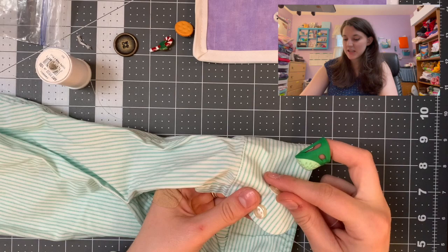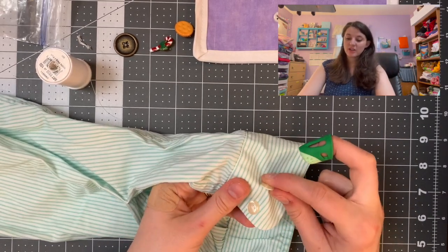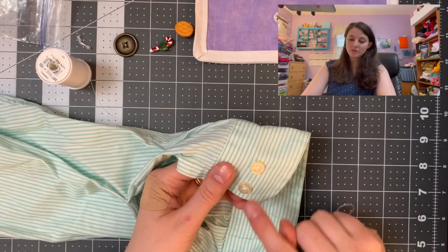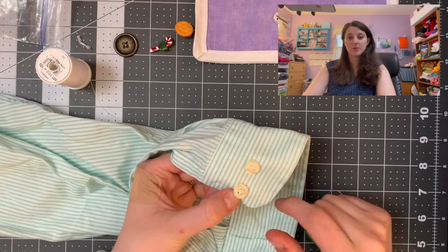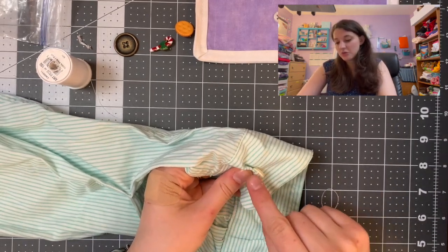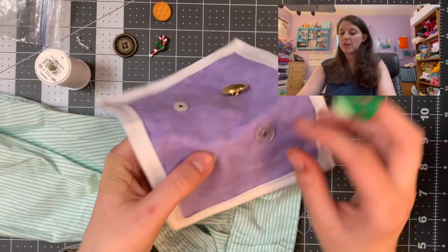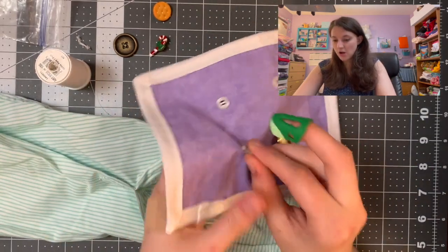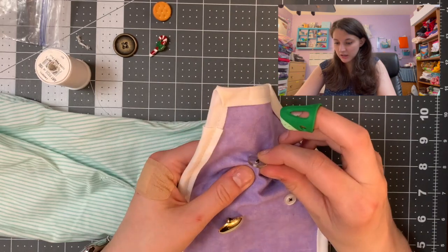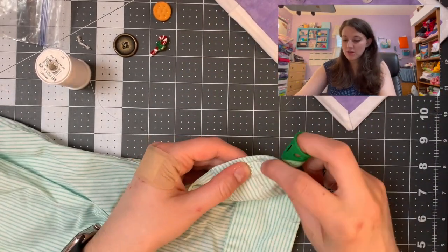All right, now the next thing I want to check is if the other button has a wraparound, just to make sure that it matches, but also if this button has one, that means that the original button has one, which will make it easier to put on the cuff. So just checking, see how it has two separate threads, two separate thread holes. If we go back to the first one we did, all around you can really only see one color. It's stitched together. So we don't have to worry about that. We can go to the back